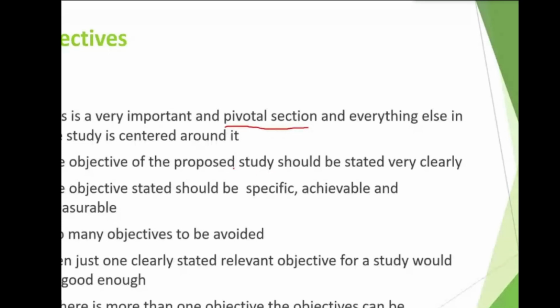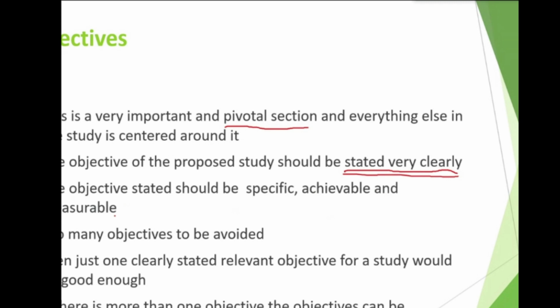Now, the objective of the proposed study should be stated very clearly. We have to tell what you are going to study, and why you are going to study it is also equally important, but that is called justification. All of that comes under the purview of the proposal. Now, the objective stated should be specific,